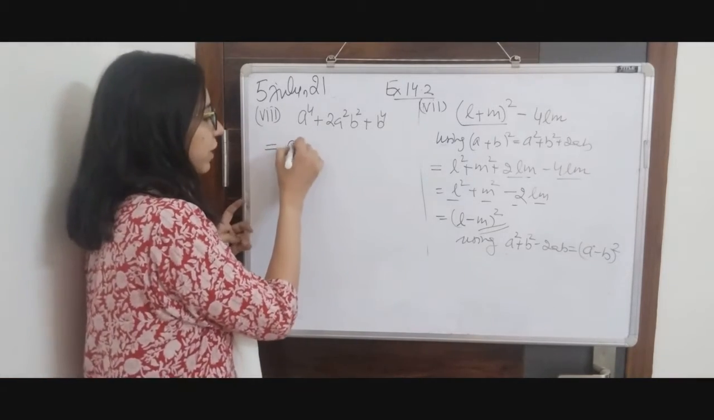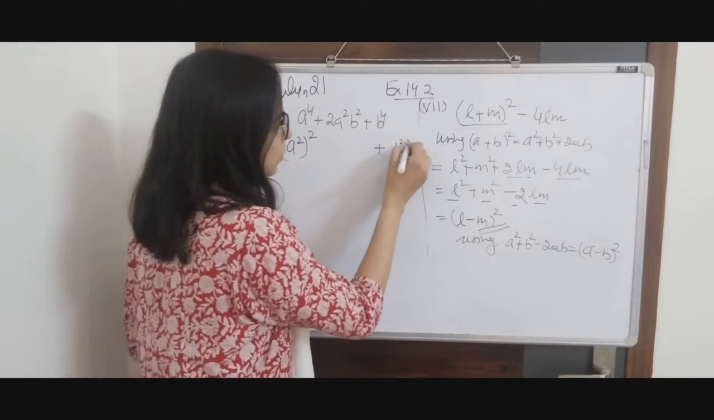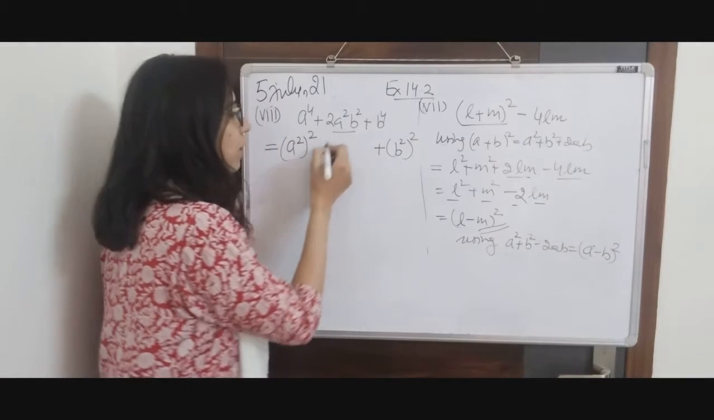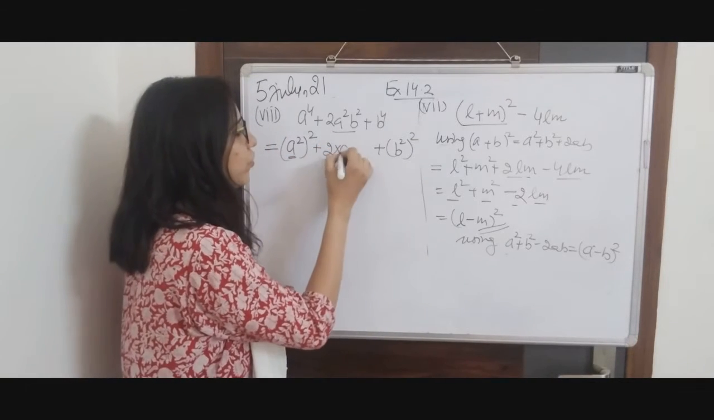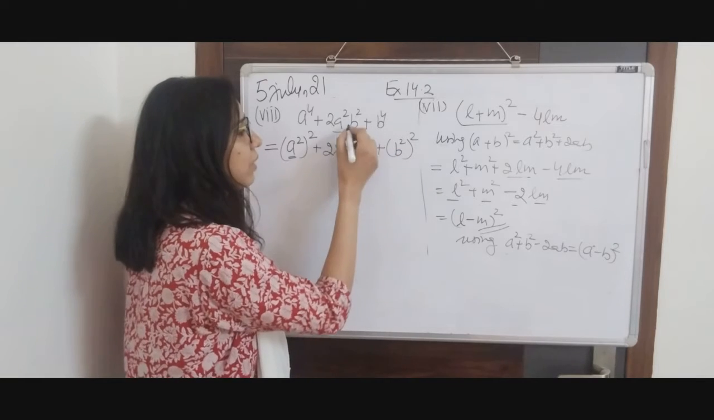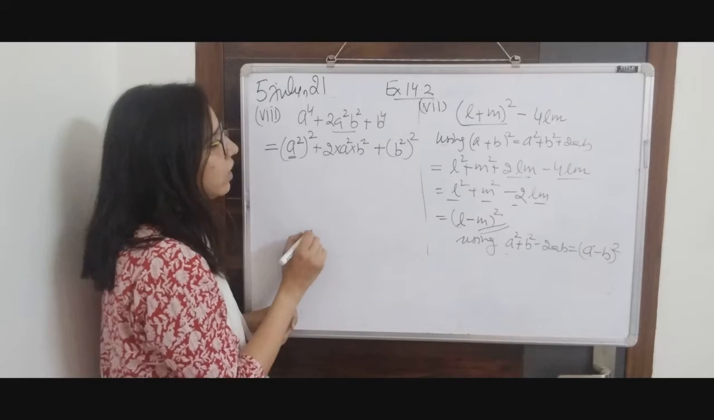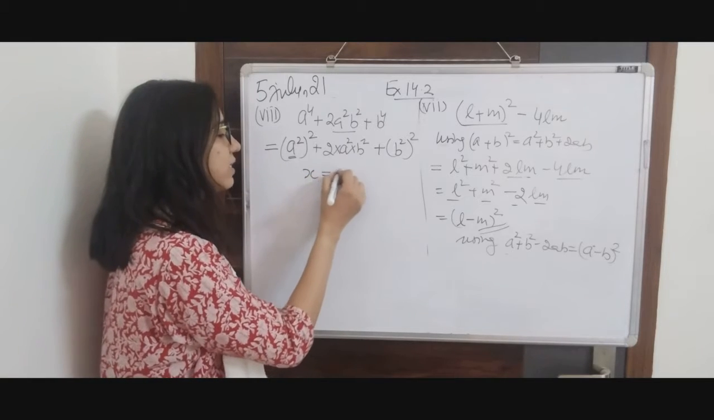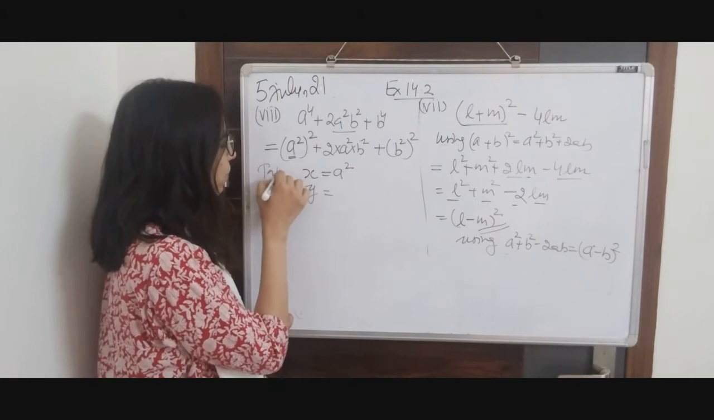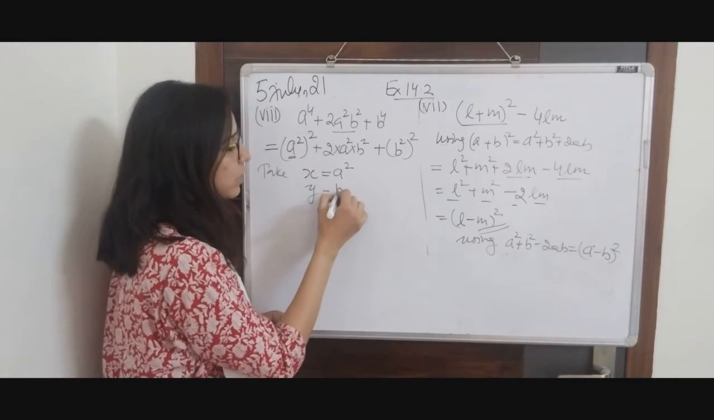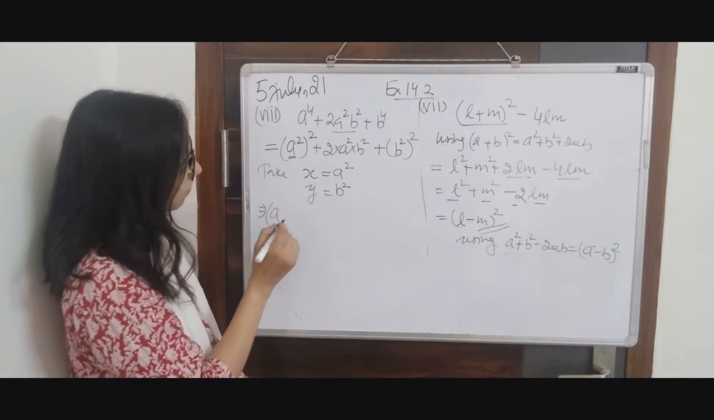So it can be written as (A²)² and this is written as (B²)². And this term we will check what it is. It is twice into this term, which is A², plus this term, which is B², and on product we are getting this term. So okay, it means if we take x as A² and y as B²,